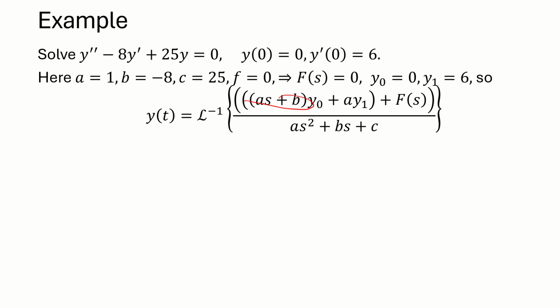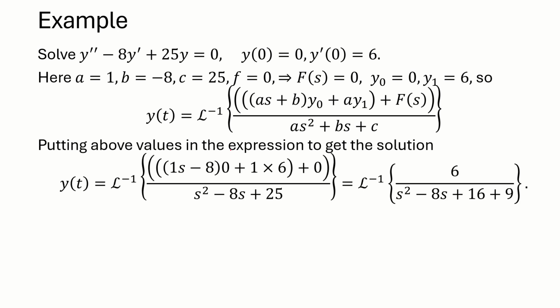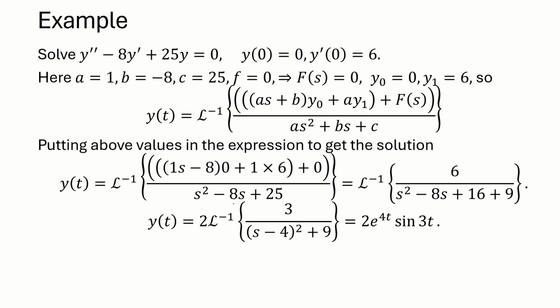So what do we have? After putting all these values, we will be getting the Laplace inverse of 6 divided by... I just want to apply some rule from Laplace inverse transforms. I want to have a complete square here, completing the square. So s square minus 8s plus 25 can be written as s square minus 8s plus 16 for completing the square, and then plus 9, which might be expressed in the form 3 divided by s minus 4 whole square plus 9. अच्छा, अब ये 3 कहाँ से बना दिया मैंने? यहाँ से मैंने 2 लेके बाहर आया हूँ, क्योंकि यहाँ पे देखें 9 है तो यहाँ मुझे 3 चाहिए होगा,